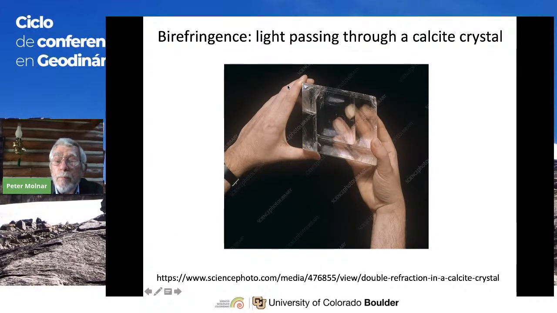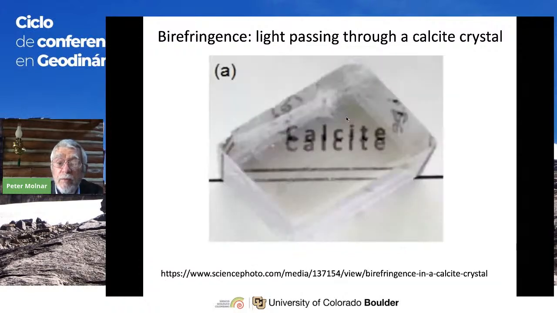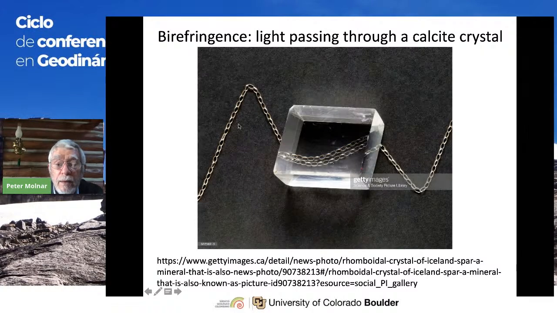And just to remind you, another term for anisotropy in this case would be birefringence. And many of you have looked through a calcite crystal. This person is holding a calcite crystal, and you can see a double image through here, two images, because the speed of light polarized in two directions is different, or the speed of light polarized one way is different from the speed of light in another. Same thing, here's a black line with the word calcite written underneath, and you see the word repeated because the two wave speeds are different. And then, this is the prettiest of all, this little jewel that's been around. When you look through the calcite, you see two images because the two polarizations are propagating at different speeds.